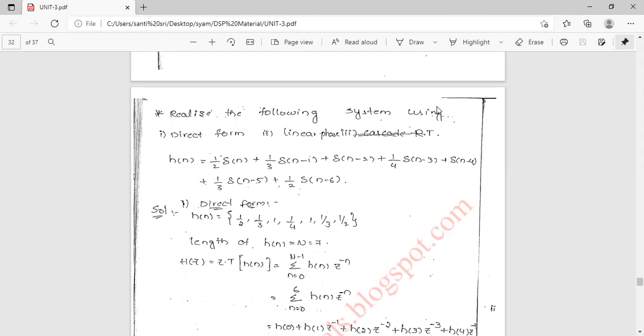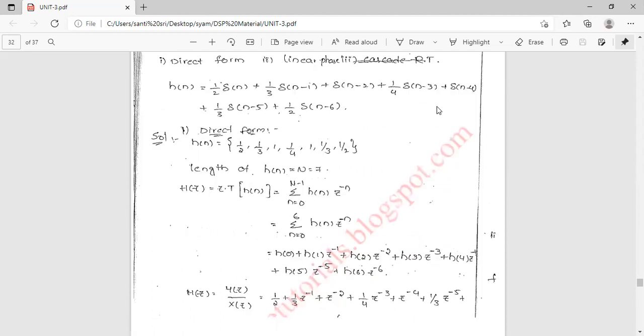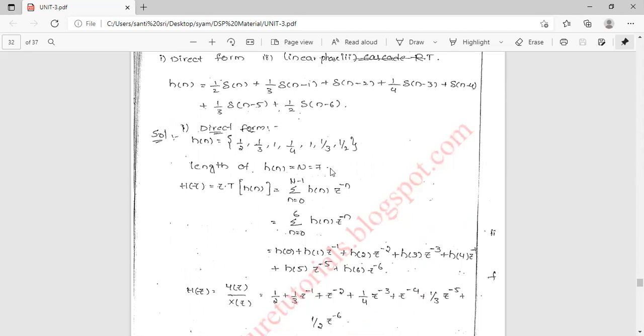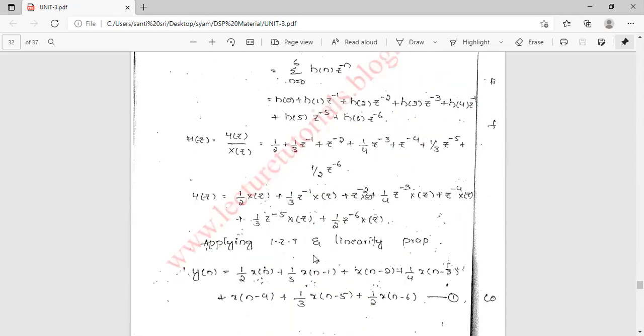Okay, 7. So H of z, that is n equal to 0 to 7 minus 1, 6, h of n into z to the power minus n, we take the inverse z transform and will get